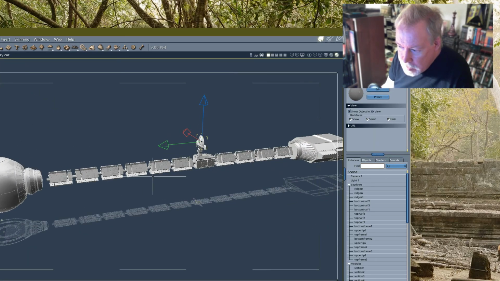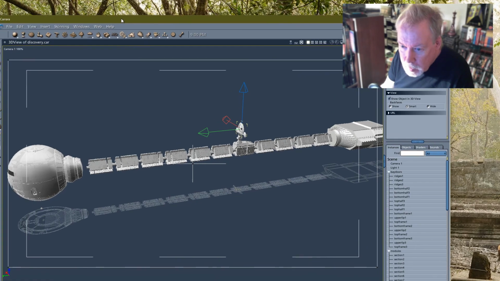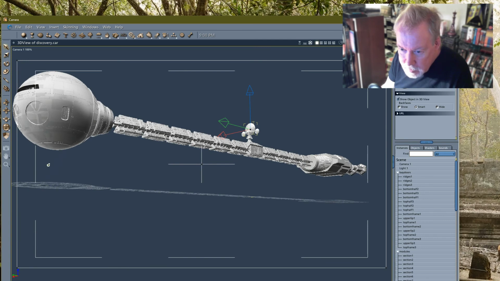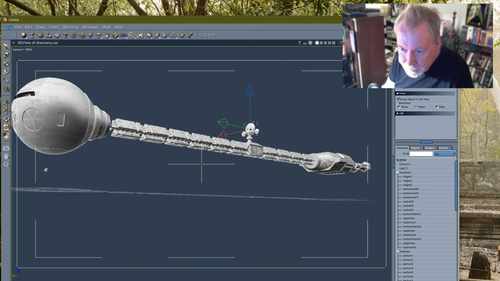What's the other thing I need to do still? There's little couplers I need to put in here. I need to put little divots and camera angles and things like that. Little exterior cameras, I need to put those here.